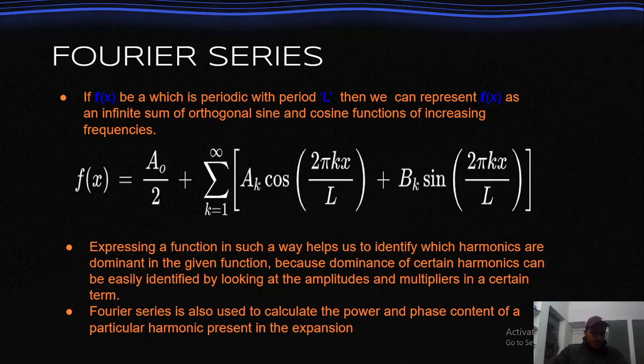So, is there an advantage in expressing such a periodic function in terms of sine and cosine functions? So the advantage is that expressing such a function in terms of sine and cosine helps us to identify which harmonics are dominant in the given function. Because the dominance of harmonics can be easily identified by looking at the amplitudes, which are a_k, b_k, and a naught, as multipliers in certain terms. So that also helps us to calculate the power and phase content of a particular harmonic present in the expansion